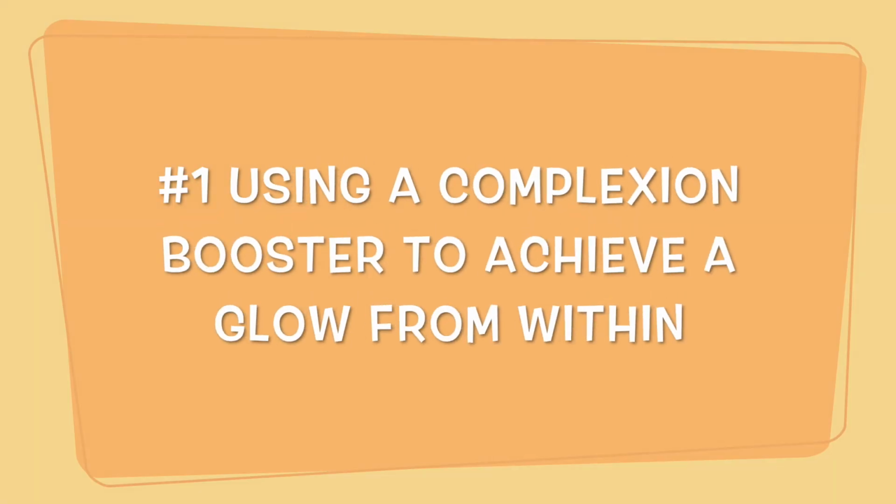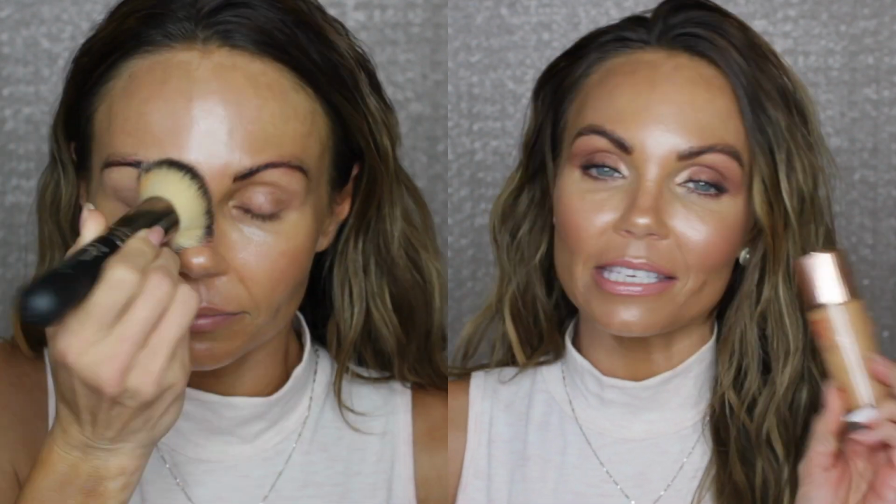Number one is going in with my Hollywood Flawless Filter from Charlotte Tilbury. The reason I do it before I go in with my foundation is that it gives that youthful glow from within. Especially for somebody that struggles getting that natural glow, because so many people ask me, how do you get your skin to have such a natural glow? Truthfully, it's been my skincare regimen over the last 7 years that has really given me that natural glow. If you're working on achieving that through your skincare regimen, but you want to speed up the process and have some sort of glowing skin,